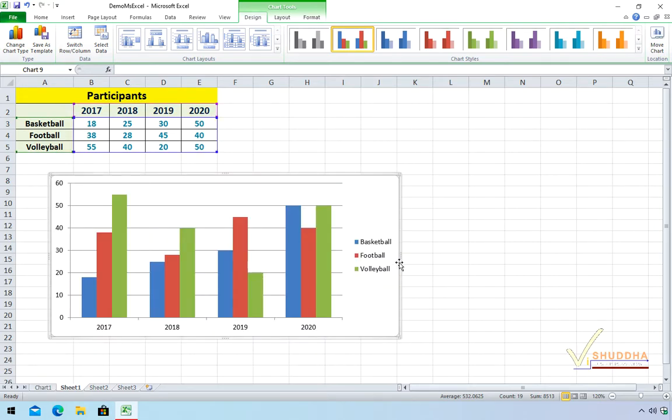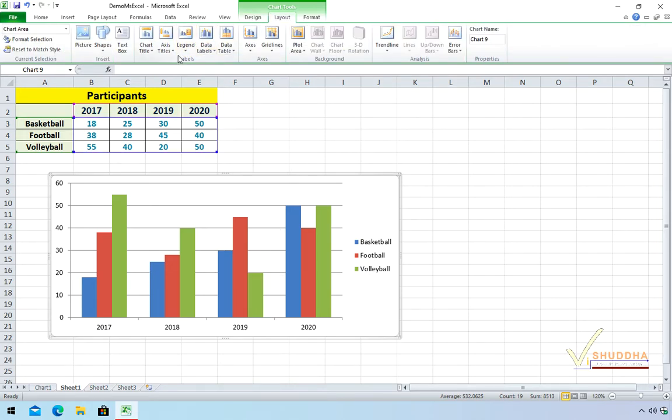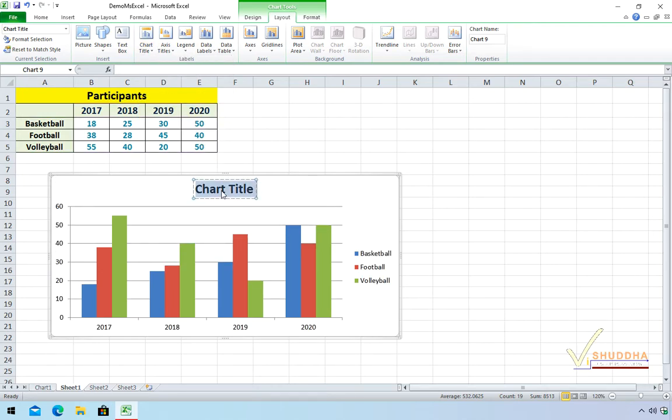Now in case you want to add some more things to the chart, you can go to the layout tab, and then from the labels group of buttons, you can click on the desired things. For example, I want to add a chart title. There are 2 ways of displaying it. One is above the chart. So when you select this option, it will make some space above the plot area, and the rest of the things will be resized to make that space. But in case you select the overlay option, the chart title will appear above the plot area. Now let's select above chart. Let's edit the chart title.